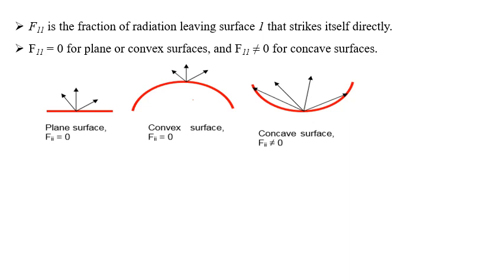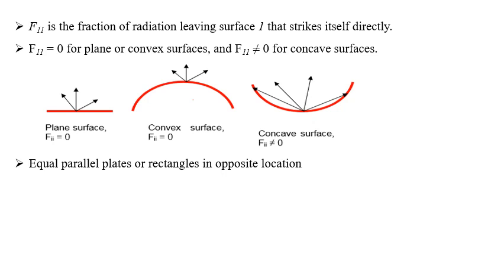Radiation energy coming out, a portion of that surface will be absorbed by the other portion, so F1-1, or Fi-i, does not equal 0. So you can see in that figure the three elementary situations in which the value of F1-2 is evident by just using this definition. Okay, next.